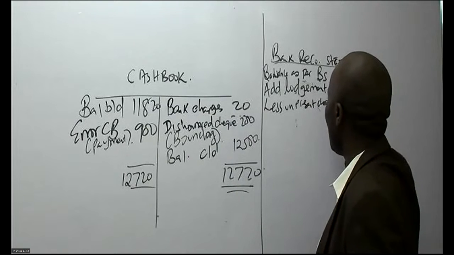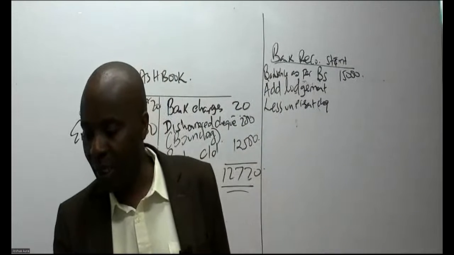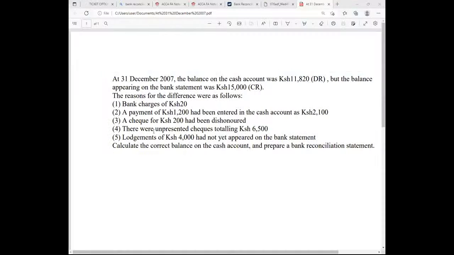Any unpresented checks here. So lodgements, have they given us lodgements, ladies and gentlemen? Let's check here. They've told us, note 5, lodgements were 4,000. And then unpresented checks that I'm subtracting here from note number 4 was 6,500. So then could you kindly give me the balance